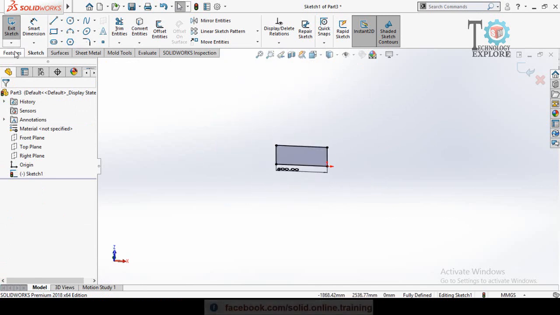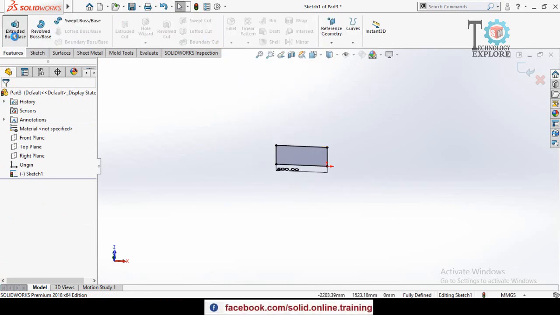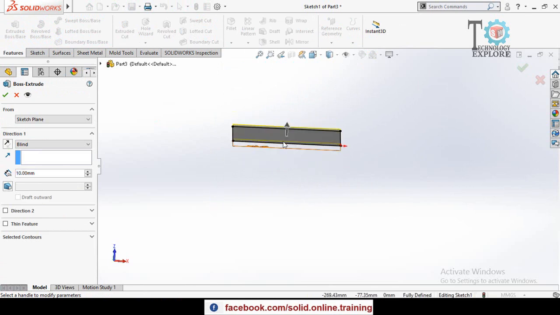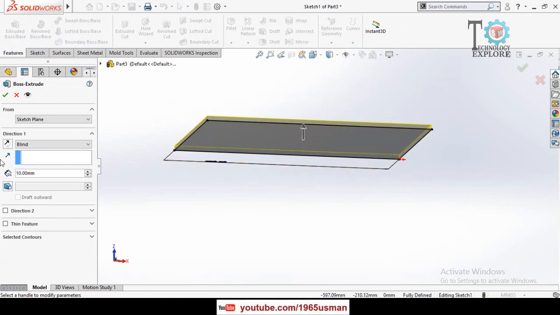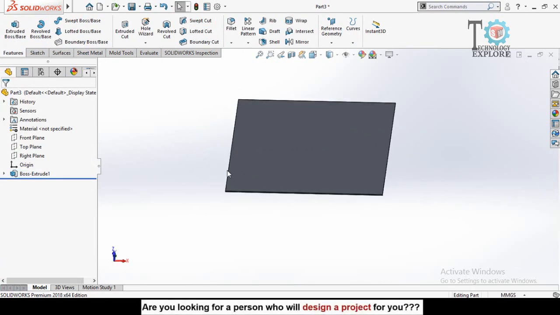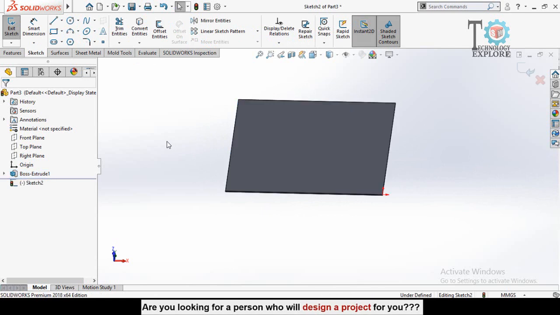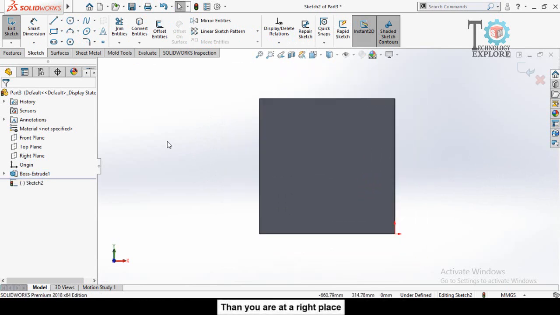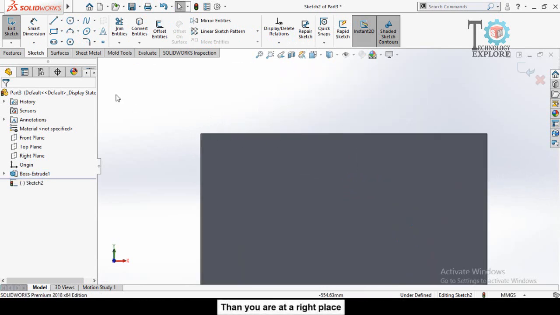Now we have to extrude this sketch. So basically this thickness is the thickness of the paper which will be folded to make the egg tray. So it is 3 millimeter and then press OK button. Now sketch on this face and then make normal to by pressing Ctrl+8 key from your keyboard.